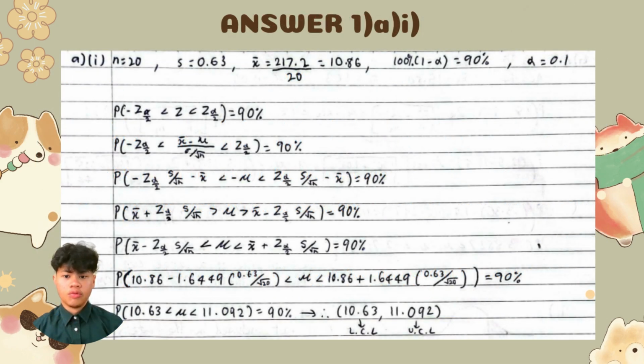From the given question, we know that n is equal to 20, s is equal to 0.63, and x bar is 10.86. 1 minus alpha is 90% and alpha is 0.1. These are the steps to get the answer. In the line of a series, we must substitute the mean, alpha, standard deviation, and sample. Then the final answer will be 10.63 and